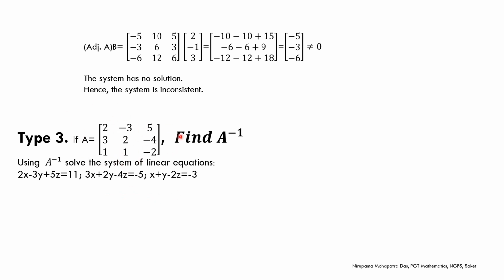Anyway, we have to get A inverse first, then we will come to the second part. To get A inverse, find the determinant of A, which is equal to minus 1, meaning not 0. So A inverse exists, which means we have to find it. See the cofactors C11, C12, C13, C21, C22, C23, C31, C32, C33.